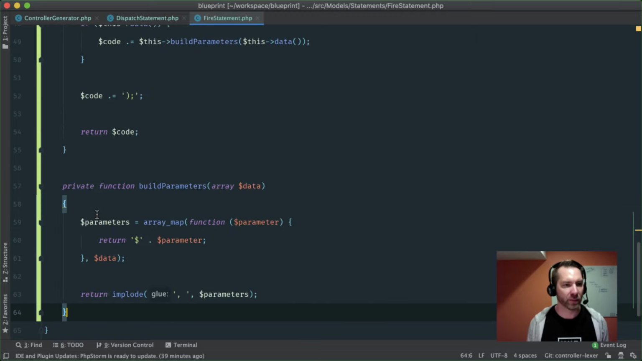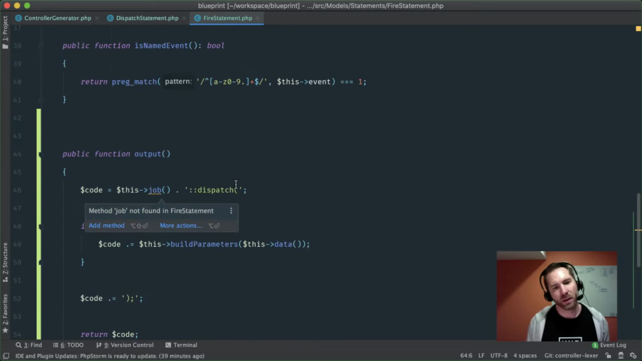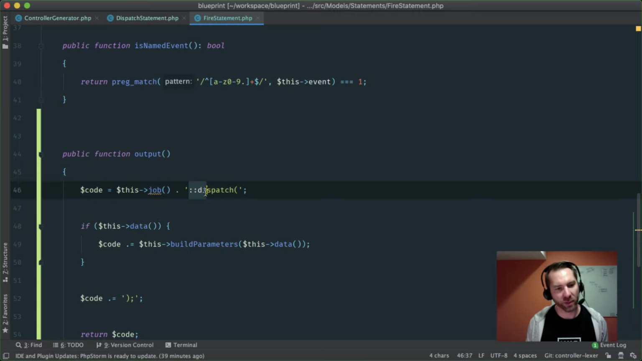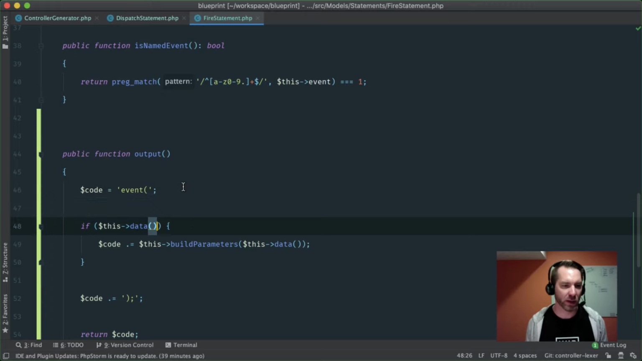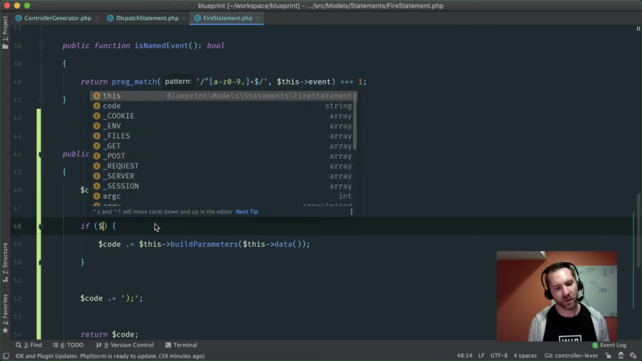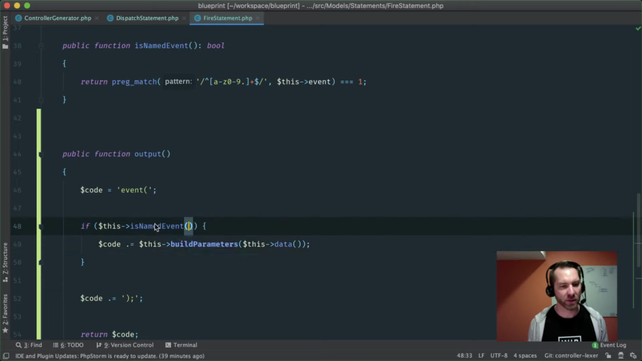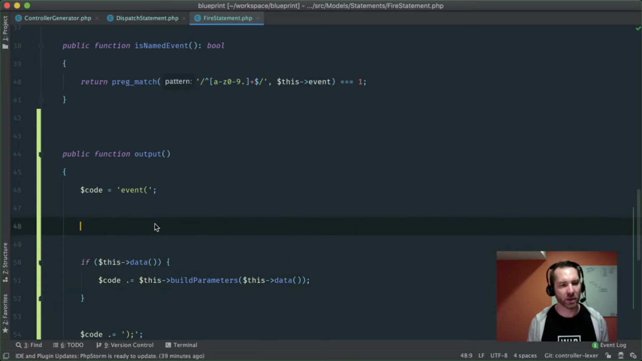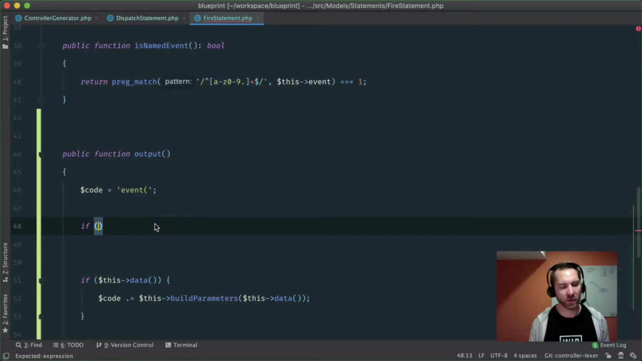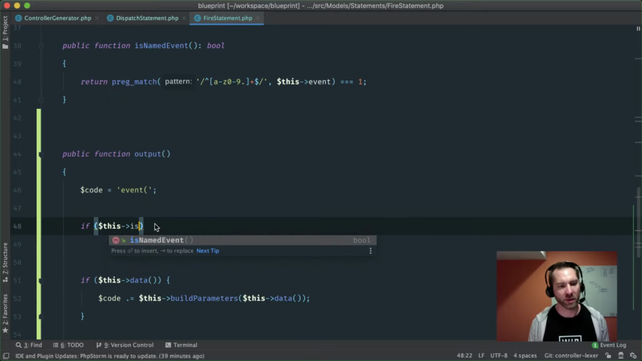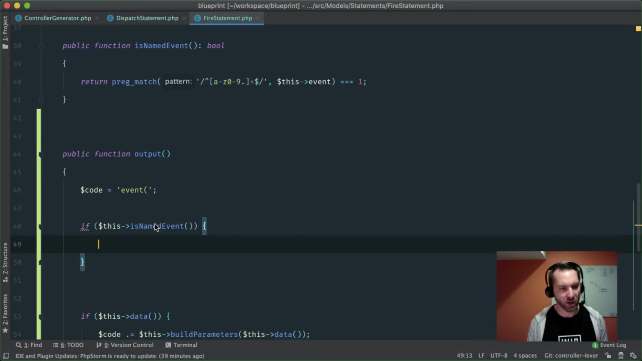All right. And basically, this is going to be real simple. This is just going to be event. And then this is where it gets interesting. So we always say event. And then if this is named event, or well, keep data. So basically, if this is a named event, then